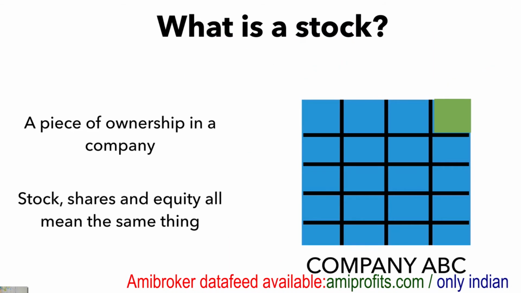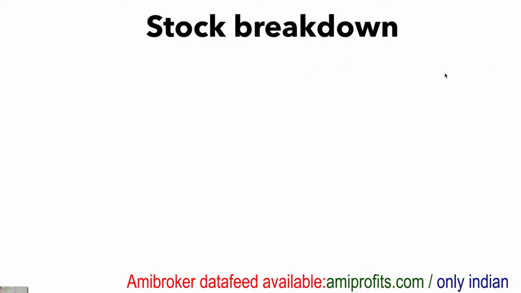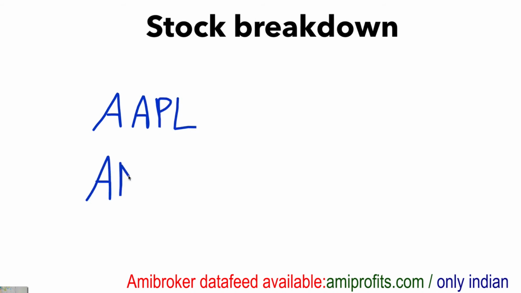Now let's break down a few more examples of stocks. All right, let's break down stocks a little bit more, so we have a better understanding. Let's take two examples. Let's take stock Apple, and let's take stock Amazon, AMZN. The reason I'm not putting their full name is because these are known as ticker symbols, which I'll break down. They're abbreviations for the stock.